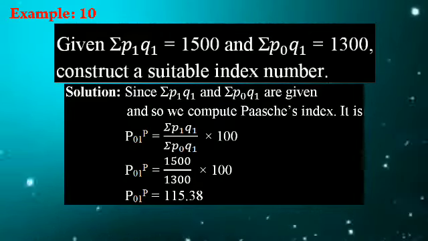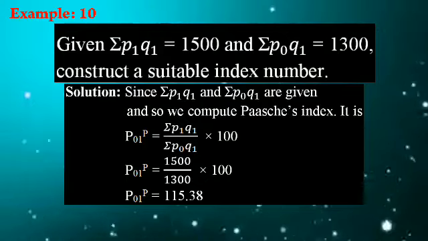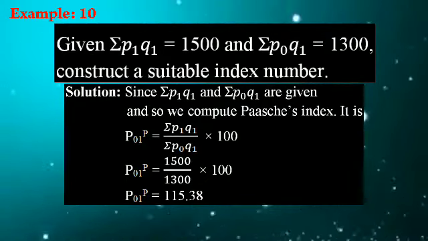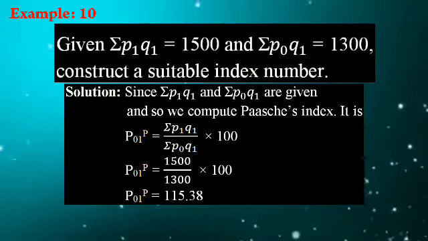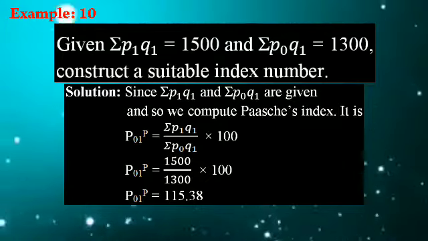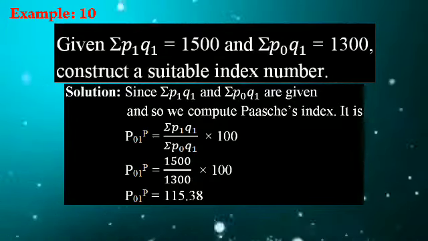Substitute in the formula: 1500 divided by 1300 and multiplied by 100, and the constructed index number is 115.38. So P01 of P equal to